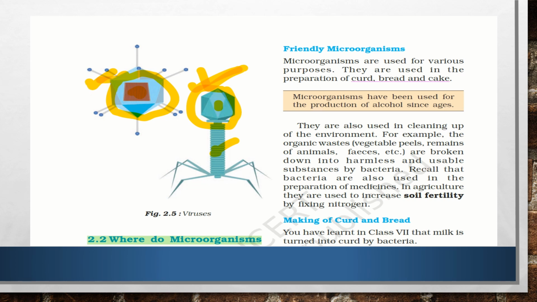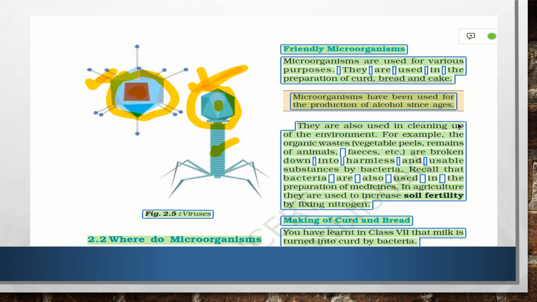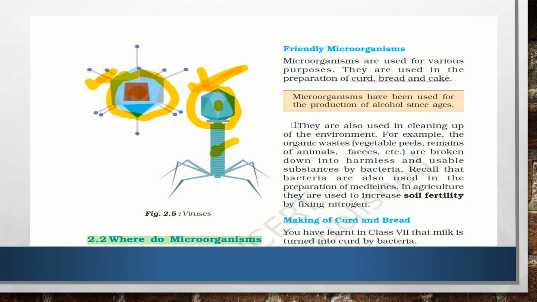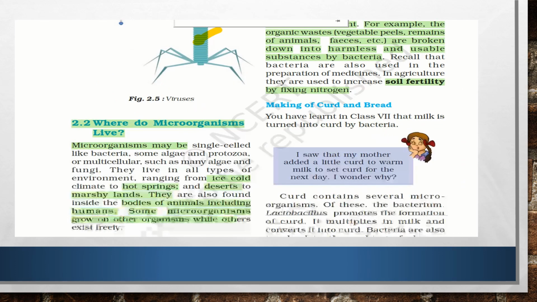Microorganisms have been used since ages for the production of alcohol, and they also help in cleaning up the environment. How are they used for cleaning up the environment? For example, organic waste like vegetable peels and the remains of animal feces are broken down into harmless and usable substances by bacteria. This helps in agriculture and increases soil fertility by mixing the